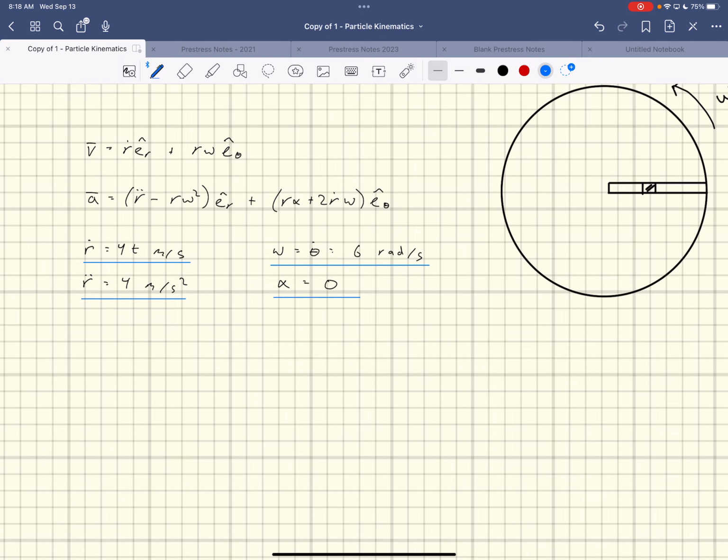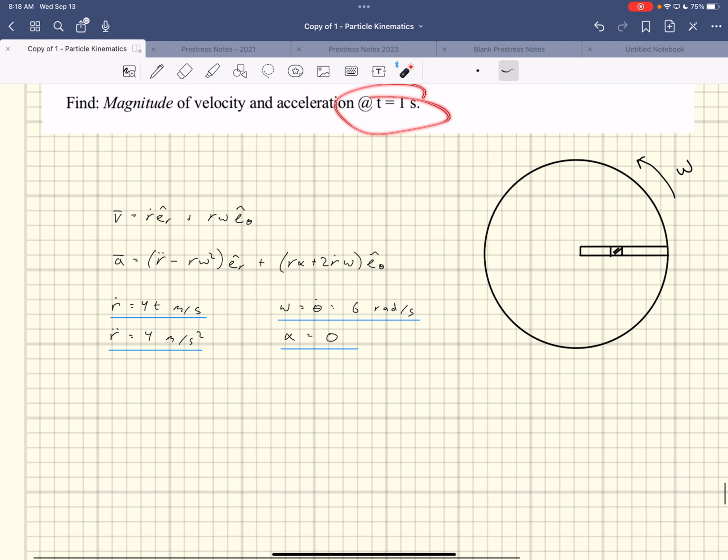Okay? And so I should just be able to take these terms and then just substitute them up above. Where the problems are actually we're going to run into right away is even just for velocity. I know you're trying to find the velocity at 1 second. So I could just plug in 1 second into this t and then put it right there. Perfect. Yeah, I got that term. Over here, though, I got omega. Omega is 6 radians per second, so I could substitute that term in. What I don't know, though, is what the radius is. They didn't tell us what the radius is going to be at 1 second. I have to find what the radius is at 1 second, and I do that